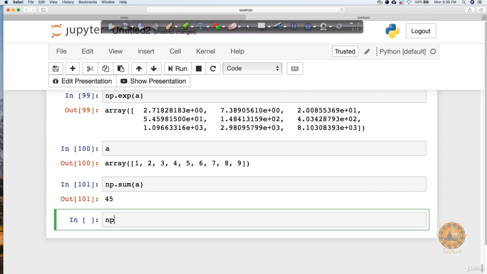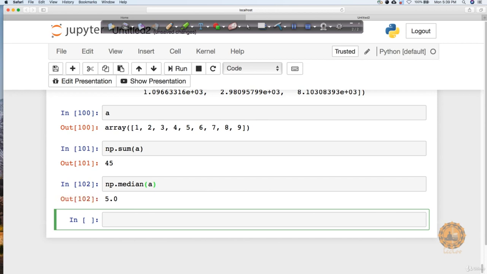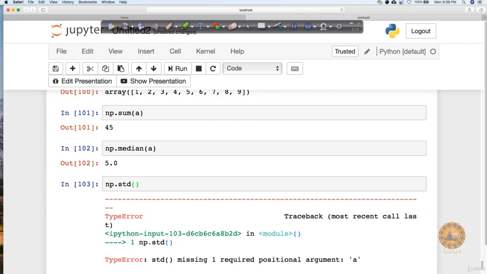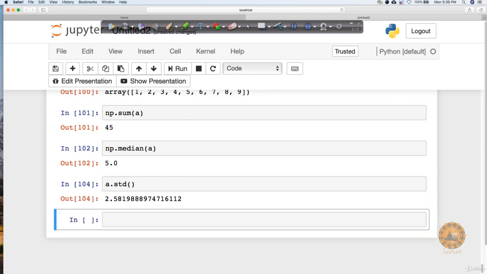I want to get the median value. I can say np.median, and this is going to return me the median value for it. Similarly, if you want to check the standard deviation, if you don't know about all these things, what is mean, what is median, what is standard deviation, we're going to learn each and everything while going further. So don't worry about it. So I can say np.std, you can see that this is how we can get your output, right? So this is interesting, right? If you look at it, we are able to perform all these things so easily in this case. Now let me create another array.